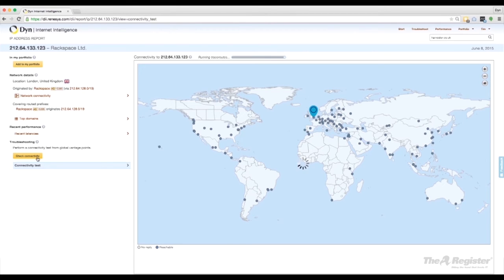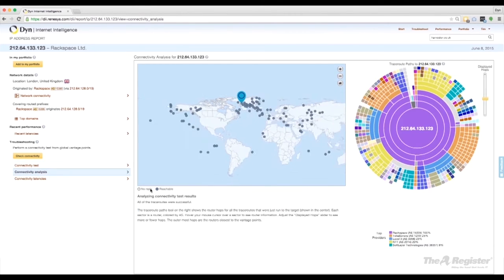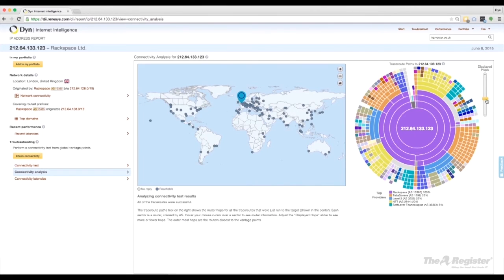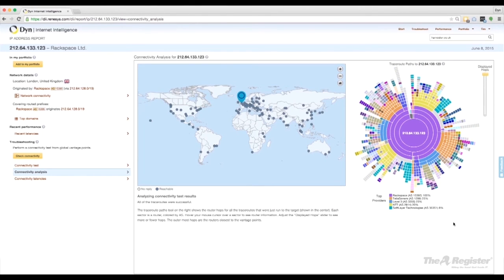This is really what gives Dyn a level of confidence in our ability to say that we see the internet better than anyone else. Here's another great representation of that: not only will we be able to interrogate the internet from a performance perspective in a minute, but here we're seeing all the physical hops involved in customers or the internet reaching that particular IP address from different parts of the world. We're also seeing from the color palette the dependency that Harvester and indeed Rackspace have on different networks to reach